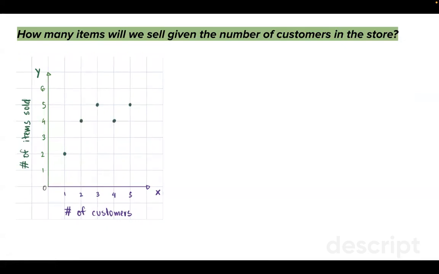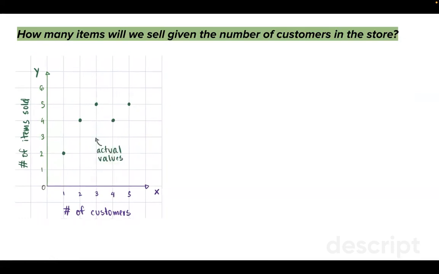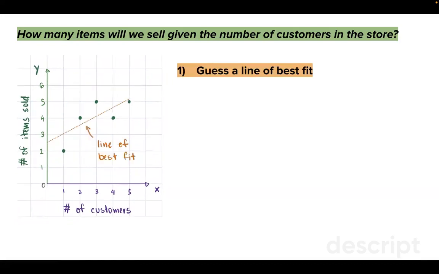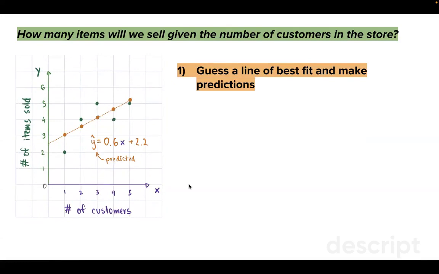First, we start with actual values. Then, given the actual values, we can guess a line of best fit. Once you have the line of best fit, we can use this to create a new set of predicted values. The predicted values are calculated by using the line of best fit, by inputting the input value of the actual value, in this case X, which is the number of customers,